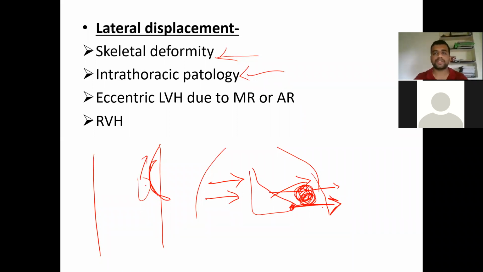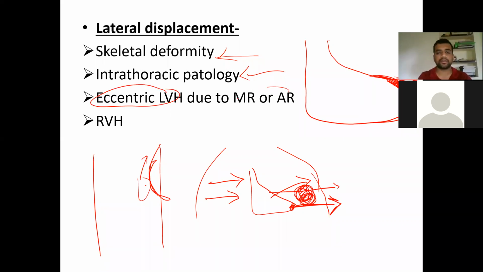And what happens is volume overload, and you have got pressure overload conditions. So in this case we have got eccentric and concentric hypertrophies. In eccentric LVH, you are going to have an eccentrically hypertrophied ventricle, and that is going to cause shifting of the apical impulse to the left side. So it is going to move laterally. In case of eccentric LVH, I think they have put it wrongly here. So this should be actually constant, like no, I think yes, eccentric LVH, that is correct.